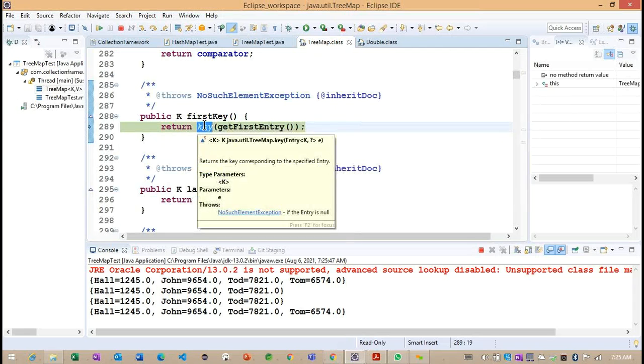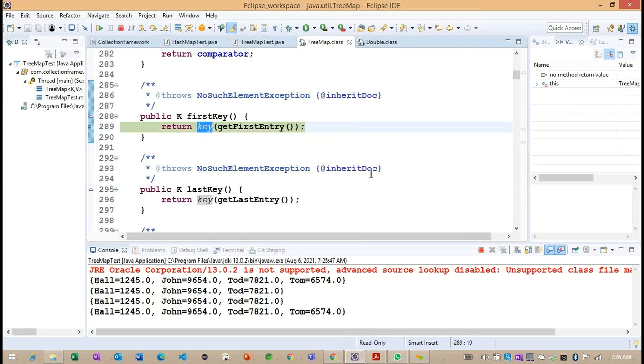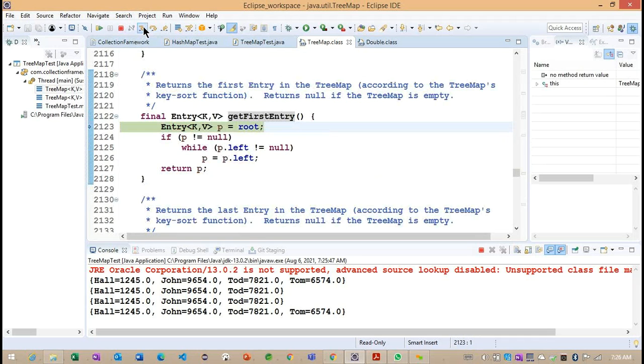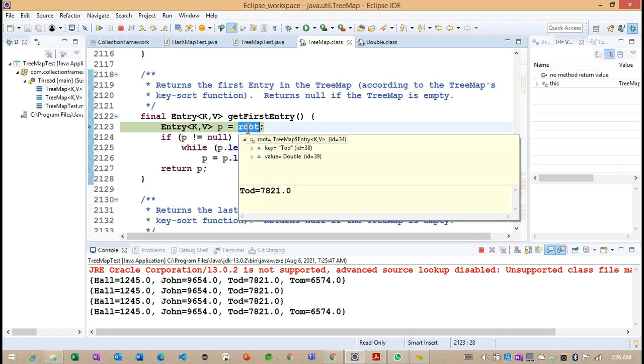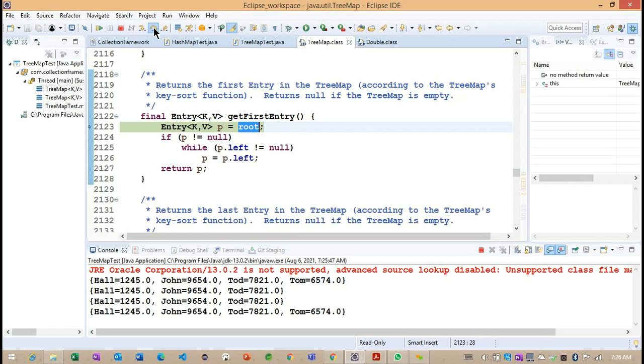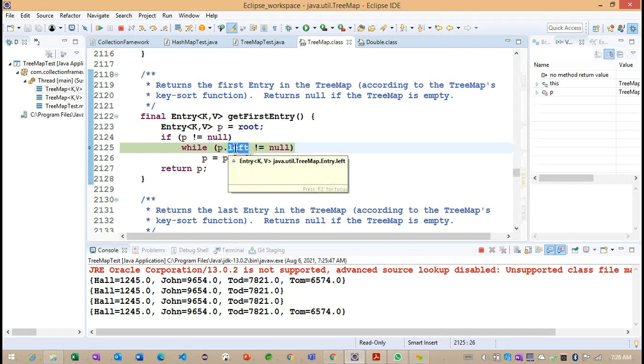Now you can see internally they are calling the key method, but first they are trying to find out the first key. We'll understand how this particular firstKey is going to work. We are getting the root element. So this is our root called Todd, and p not equals to null. Getting the point. Observe what they are doing here, based on p.left, it will try to return the left here.